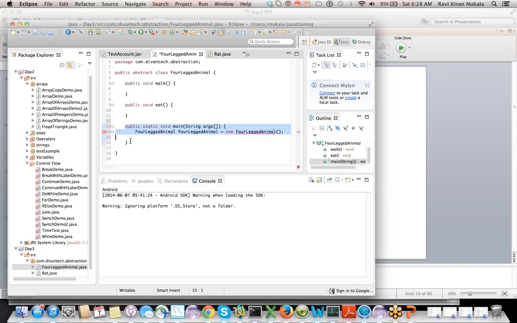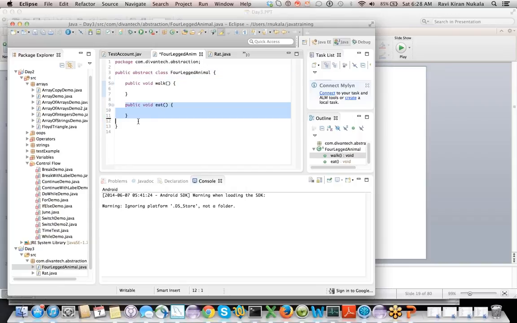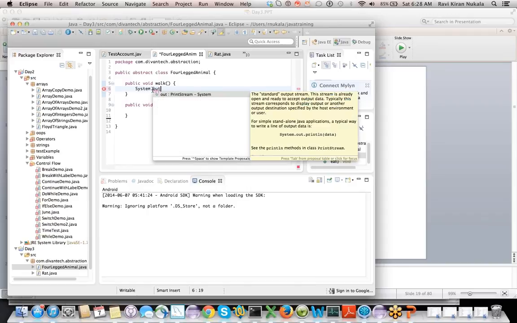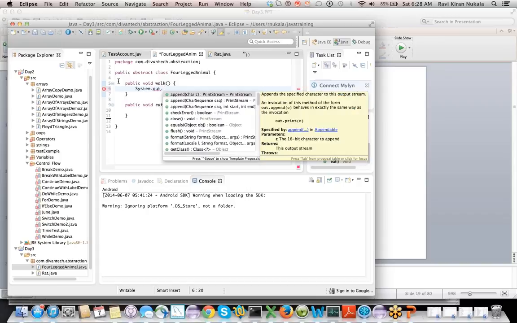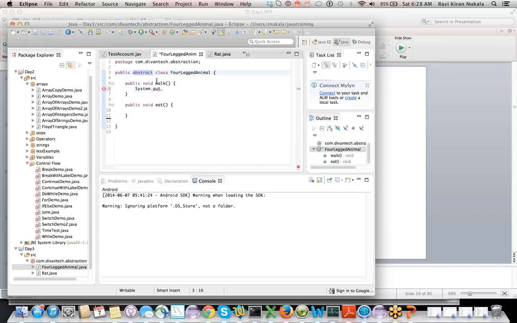And then another question can be, okay, you said it's abstract, but I don't really have any abstraction in here. I am going to give all the implementation in here. Sure, give it, but it's going to be the default, which has to be invoked from the concrete class. That means when you say abstract, it can have at least one abstract method, or it need not have any abstract methods.